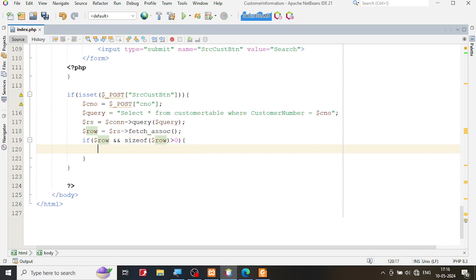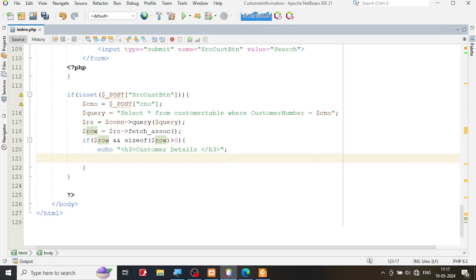As simple as that. Let me show the details, and I'm going to say echo, and using h3, I'm going to say customer details. I can say slash h3. Done. And I'm going to directly show one after the other. So I'm going to say echo customer number, and I'm going to just show it as it is. Okay, I will use dot